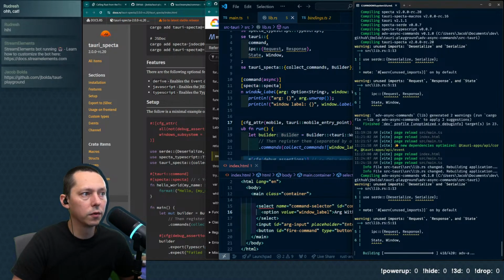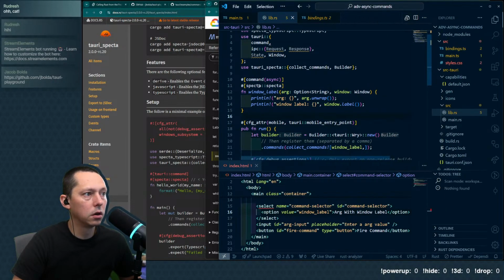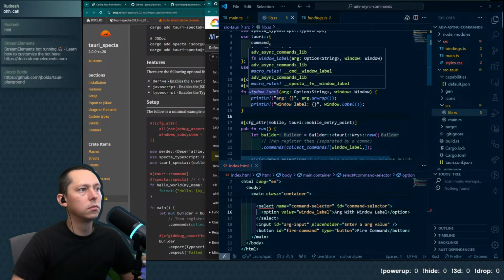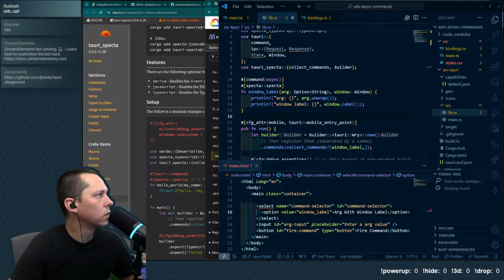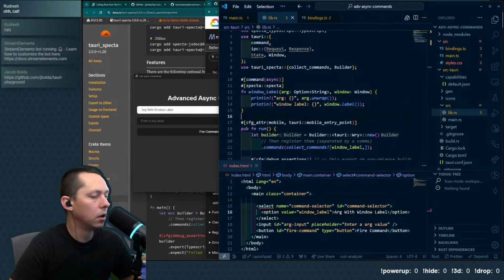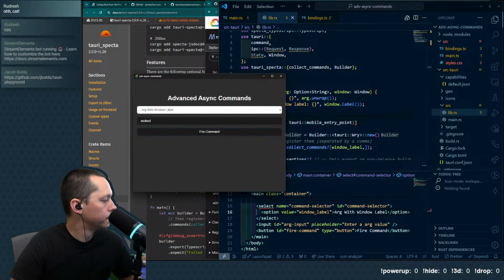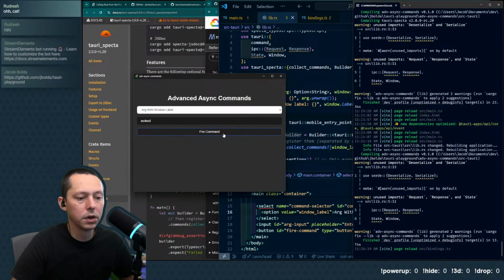And the ordering of these, because it goes through the macro command specta command arg window. Yeah, it's not quite clear if the order matters. All right, fire command. Fire command does not appear to be doing anything.